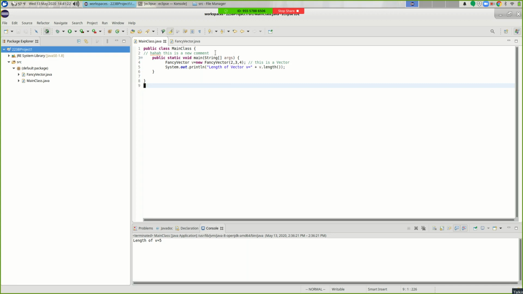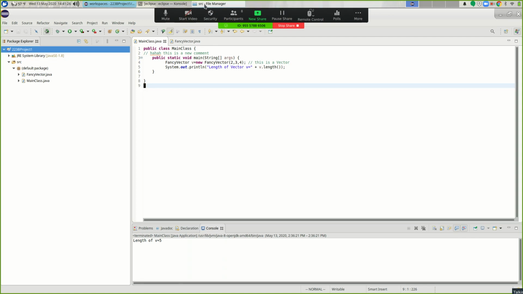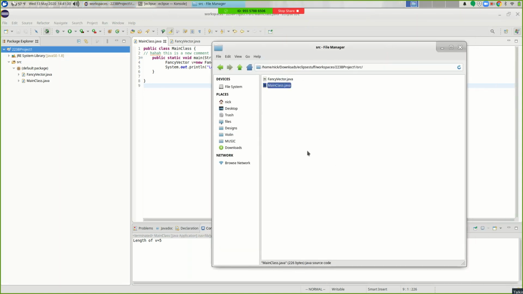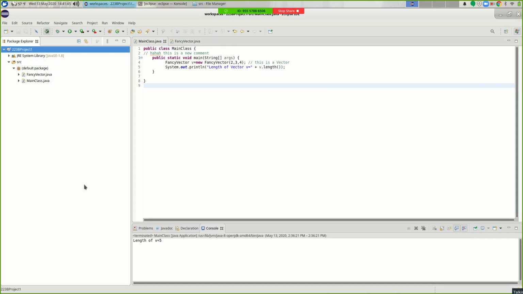So to some degree you can work with these files directly, but be really cautious. In general, the more you mess with stuff from Eclipse outside of Eclipse, the greater the risk. Okay, you can do it, but keep backups, proceed cautiously, etc., etc. It's really meant to be an integrated environment. You're supposed to be doing everything from in here.